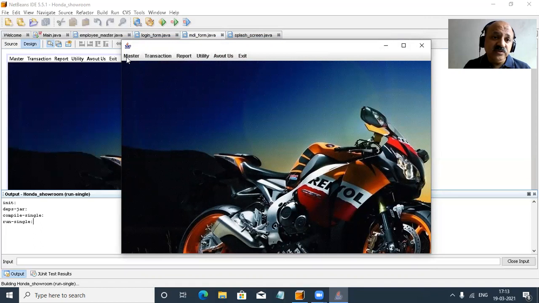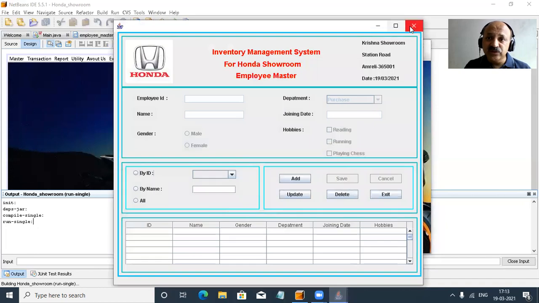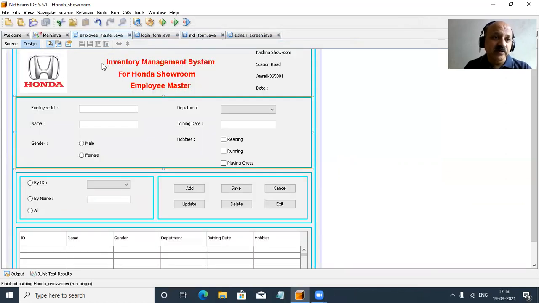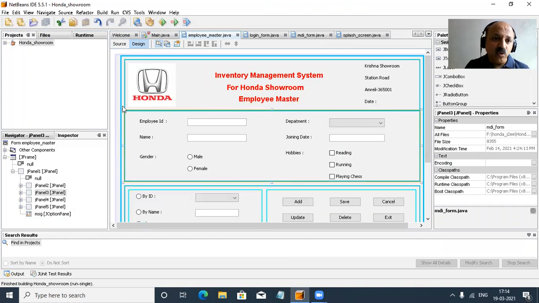But how do we close the employee form, meaning the MDI form and the employee form? When we select this close button, you can look here, that is a close button. The exit button does not close our MDI form, but when we use this close button, our MDI is also closed. So the user can also select this close button. So what is the solution for that? It is not an error, but we can control it so the user has no chance to close that form. That is one important property.